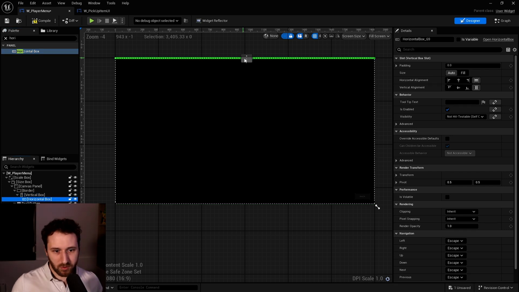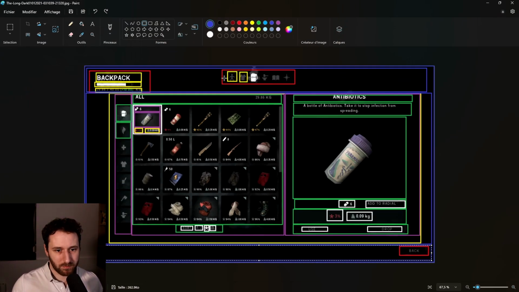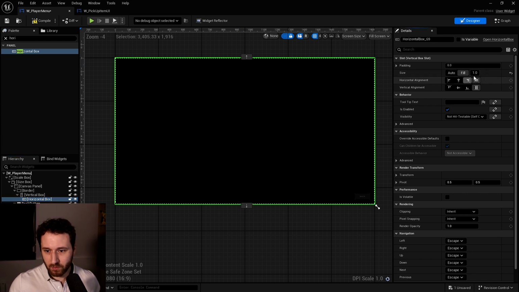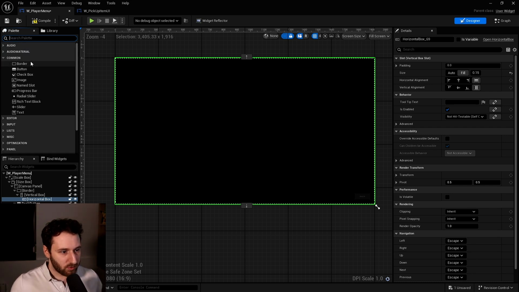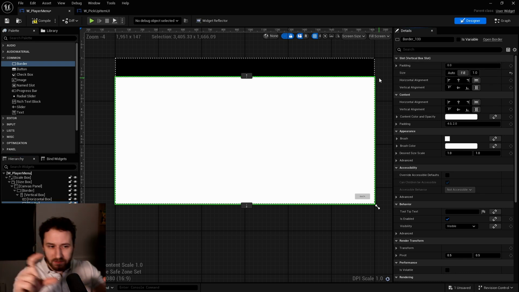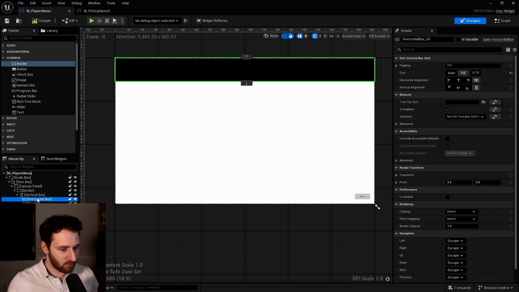There will be one horizontal box for these 2. This will just be the inventory component. And this, we can add a horizontal box and put this at the end. That should be working. So let's go with that. We'll put that 15. Then there should be another component. We just go with a border for now, so we can actually see the size of each stuff. This will be .8.